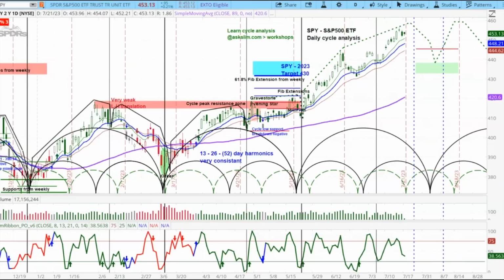Also, the harmonics in here are just absolutely fabulous. Now, the thin lines that you see right over here, the vertical ones, show you where the low came on the mid-cycle, the shorter cycles in here, and then the darker one shows you where they come down together. This green one here is the Russell, and we've talked about the Russell getting a minor pullback in here, affecting